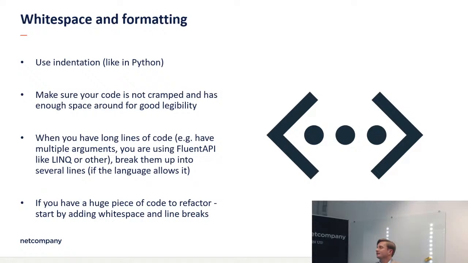Whitespace and formatting. Some people say that you should only indent up to 2 levels, and I would say use indentation just like in Python. If you go deeper, indent the code accordingly, and sometimes you will just see that maybe your code is a little bit too complex, and maybe you need to refactor, and maybe you are doing too many things at once. So it can be an indicator, like a code smell, that you probably need to split something up.